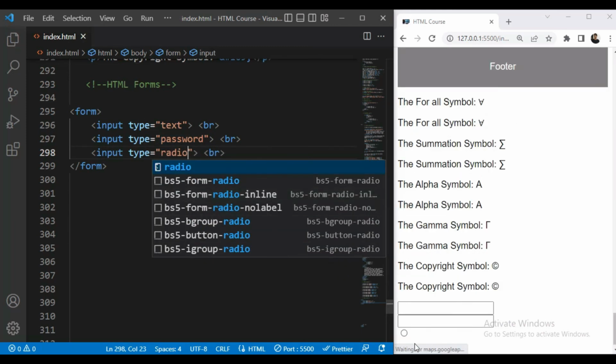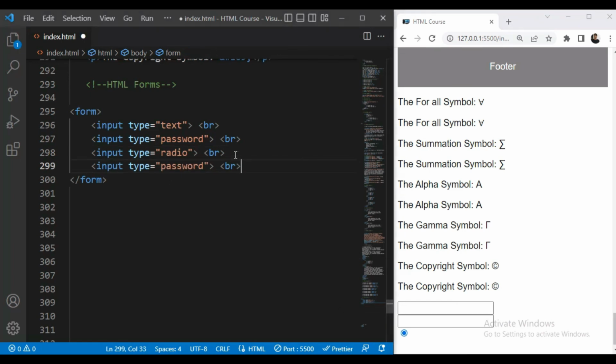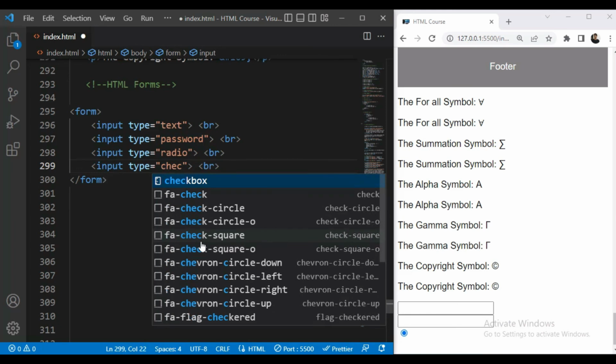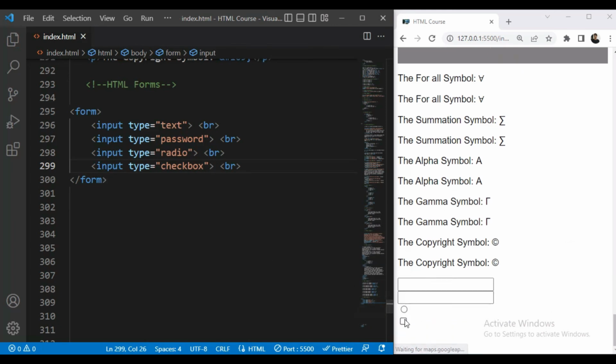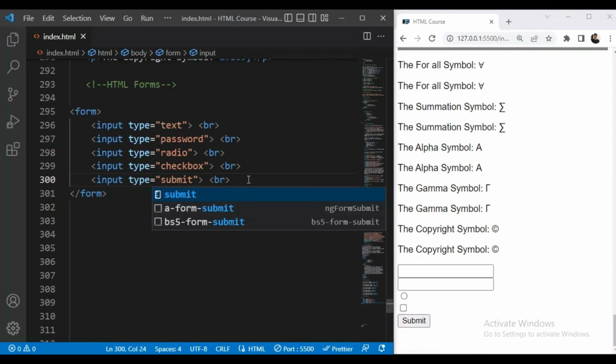So this is radio. Then next input type checkbox. So now we have input type checkbox. Then next input type submit. So now we have a submit button.